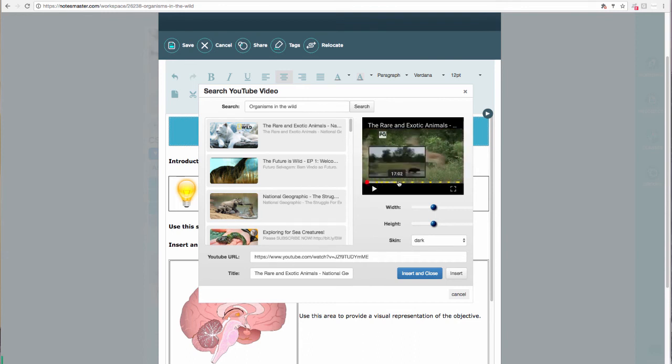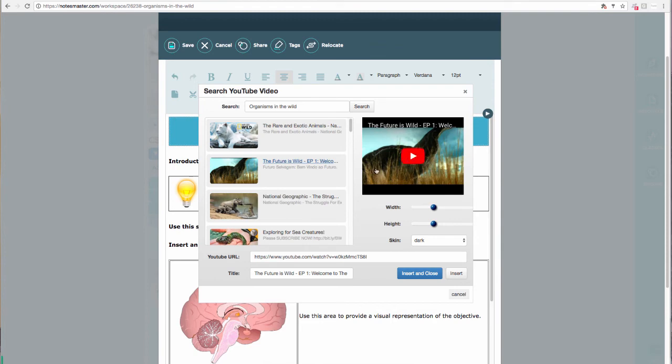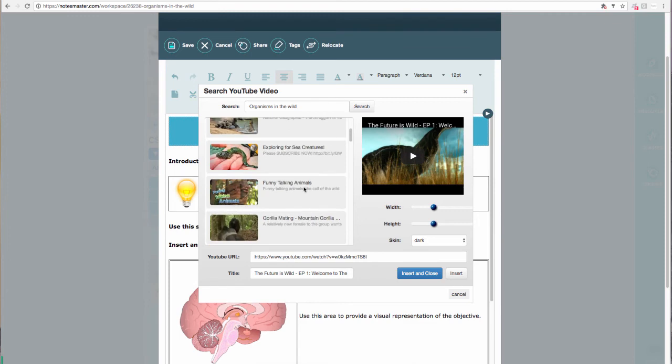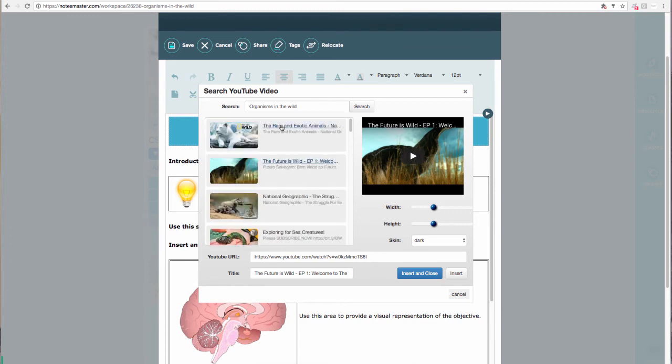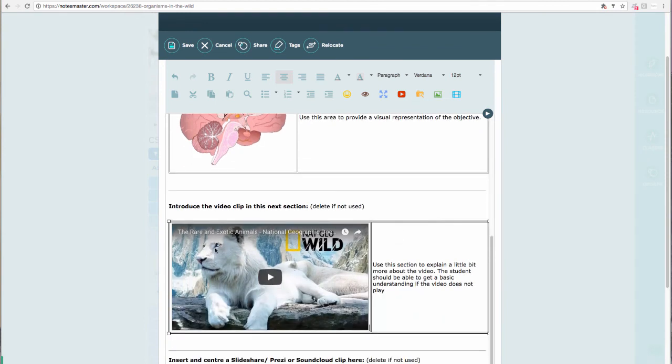Once I've watched it all the way through, I can click insert and close. If I wanted a different one, I'd just click on that one and I could watch that one. Scroll down to see as many as I wish. I'm going to pick this one. I'm going to click insert and close, and you see the video is inserted into the area where I had highlighted. And the video will play,